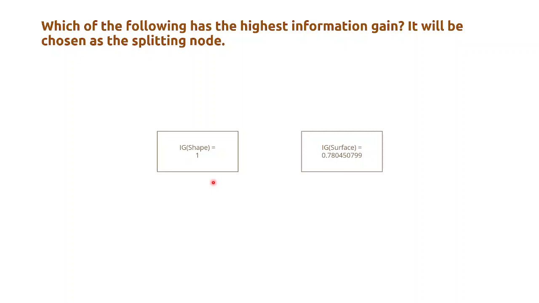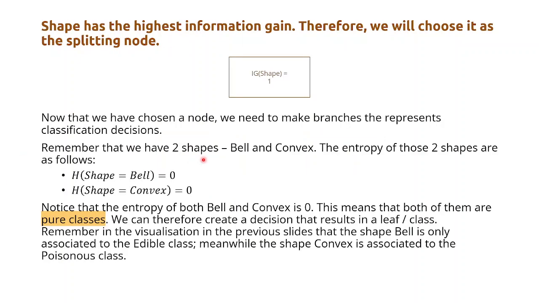Sige, answer. Asay mas dako anis ilaha? Shape. Ang shape, correct. Ang shape ang pinakadako og information gain because it is 1. And 1 is greater than 0.78. Therefore, we select shape as our splitting node. Okay? So now that we have chosen a node, we need to make branches that represent the classification